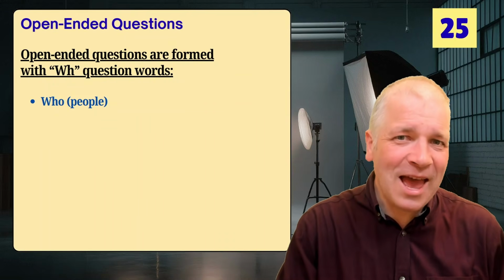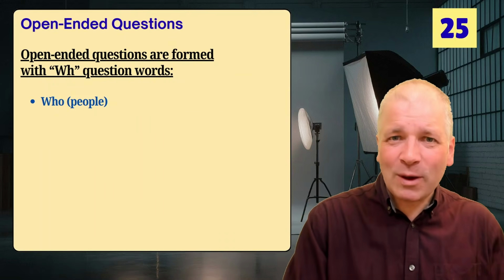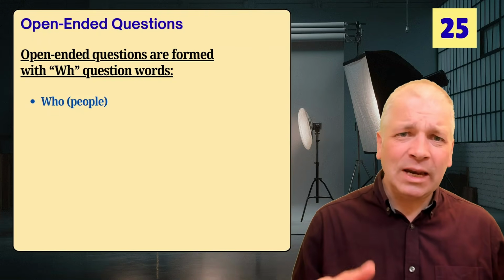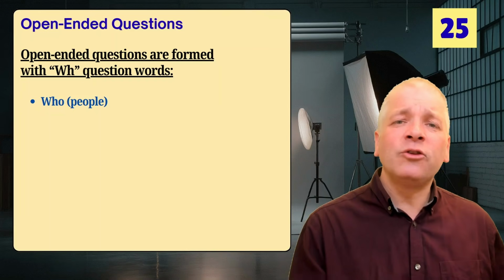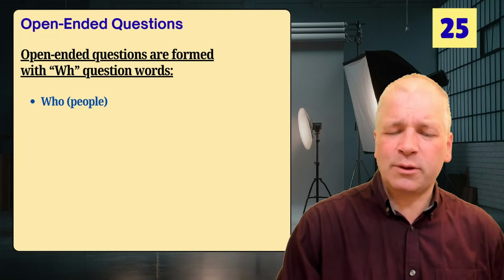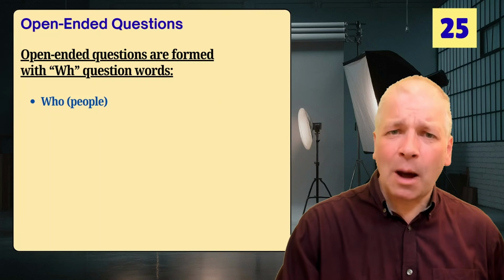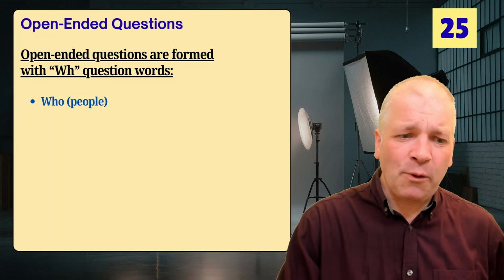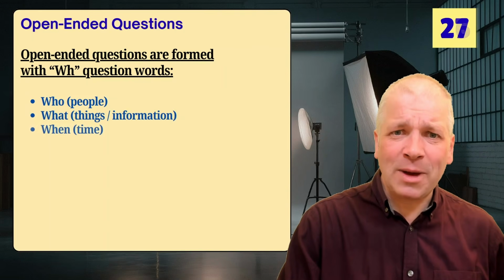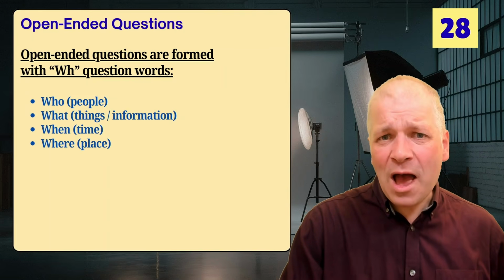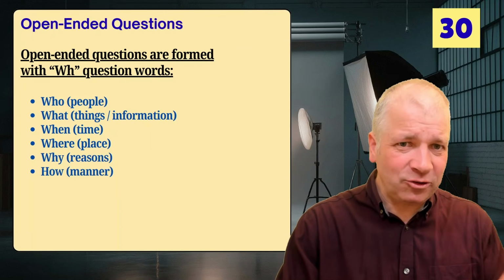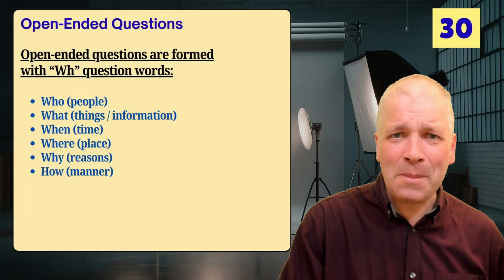Now for open-ended questions, and remember these are questions where any answer is possible. Firstly, we need to know the words you can use to make these questions. At the start of the sentence, we generally use WH question words with one exception. So who is for people, what for things or information, when for time, where for places, why for reasons, how is the exception, doesn't start WH, this is for manner,